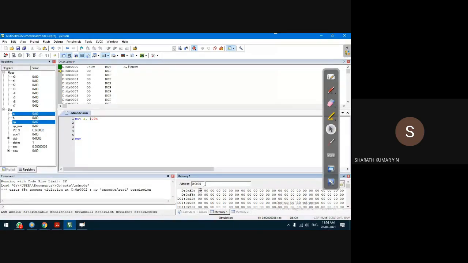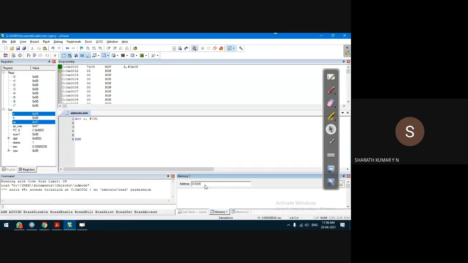The other way of representing the address is E0H, H for hexadecimal. Sorry, this E0H has an issue in this version, that's why I'm checking.